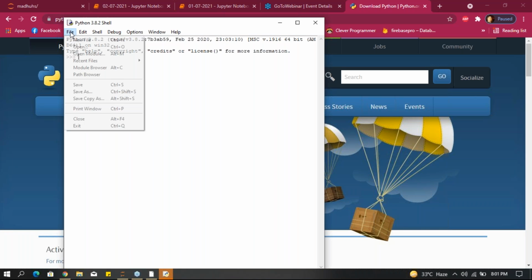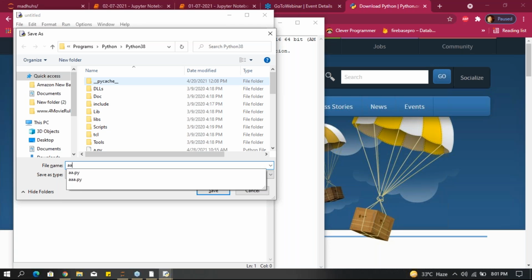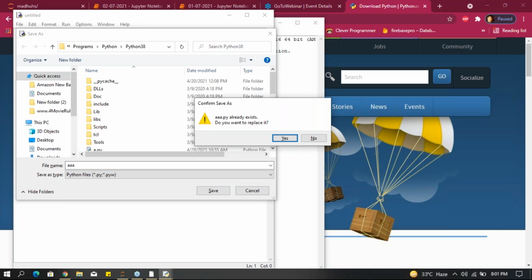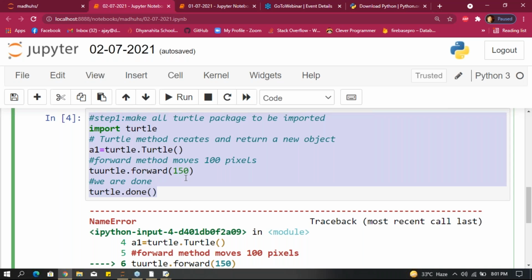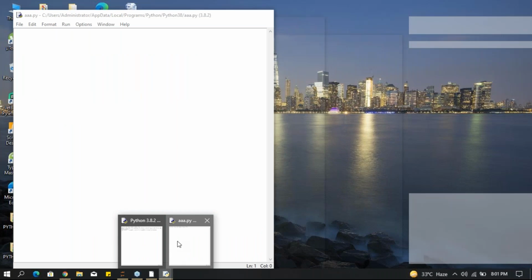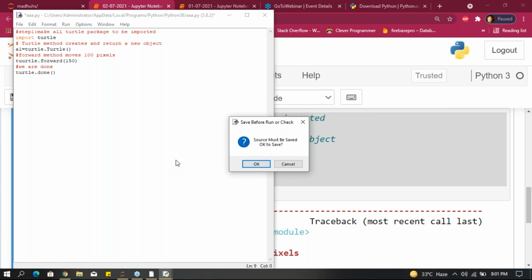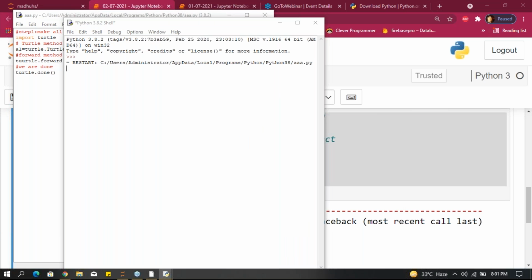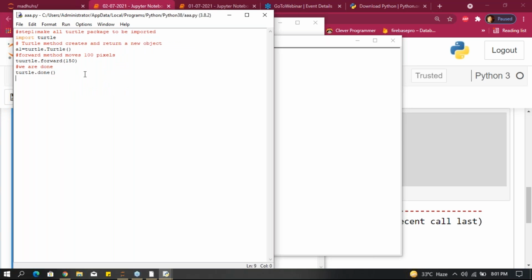This is IDLE, guys. If you open it, click on New and save. Whatever program we gave, paste it here and run it: click Run and Run Module. This is how we can draw, guys. Forward 150, right?